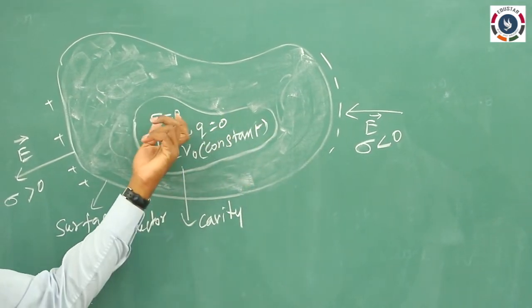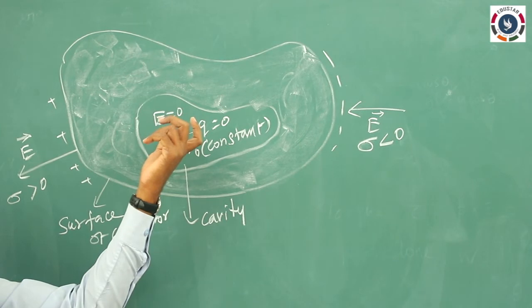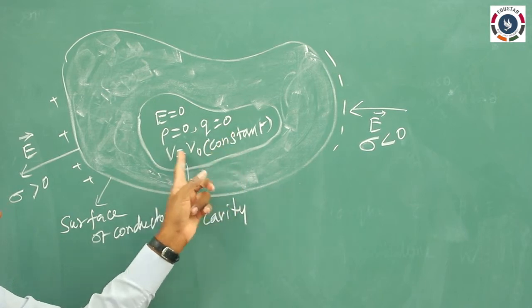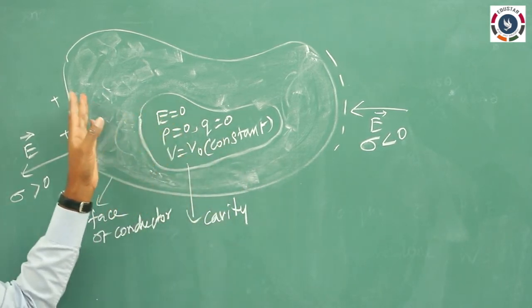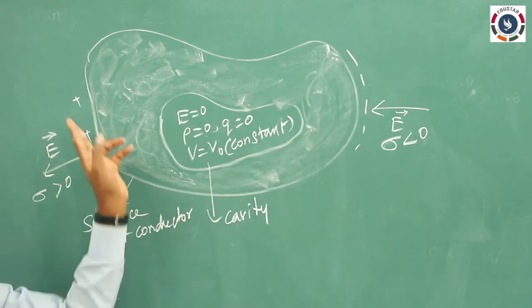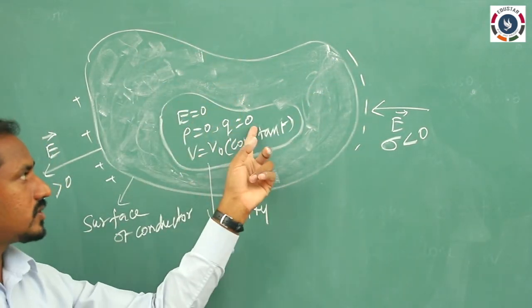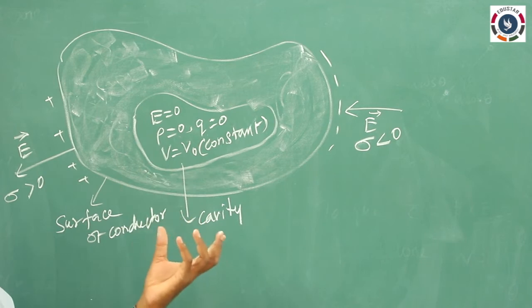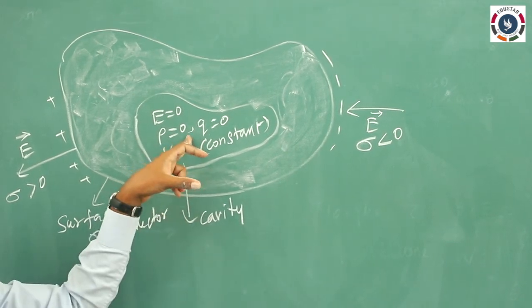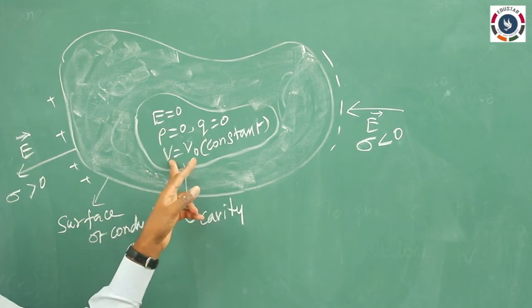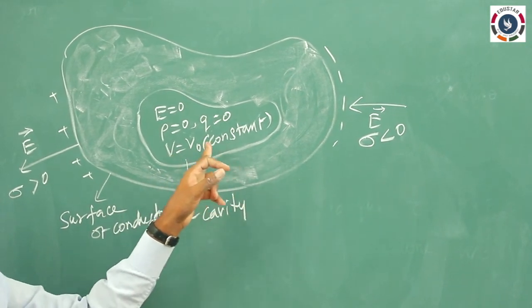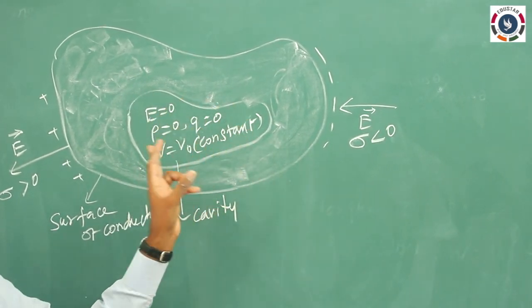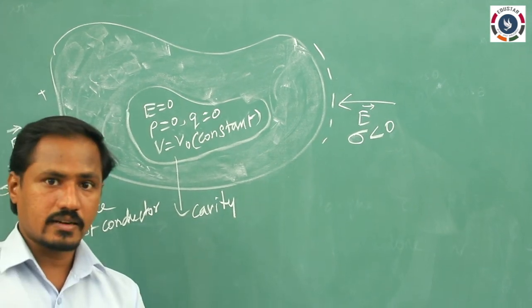Inside the metallic conductor the electric field equals 0. The same is true inside the cavity: the electric field equals 0 and there are no excess charges inside the cavity, which means the excess charges are always on the surface of the conductor, not inside. So Q equal to 0, which means the charge density rho equal to 0, where rho is the volume charge density. So the charge in the particular volume of the cavity equals 0. Another point is that potential is constant: some potential V naught, constant throughout the conductor, the same for the cavity and the inside of the conductor.